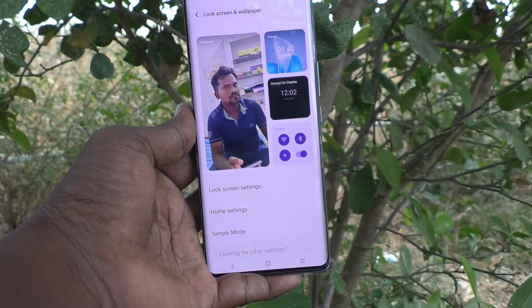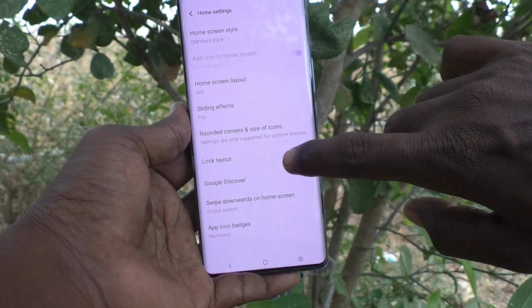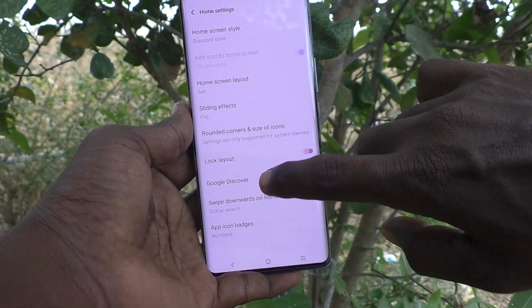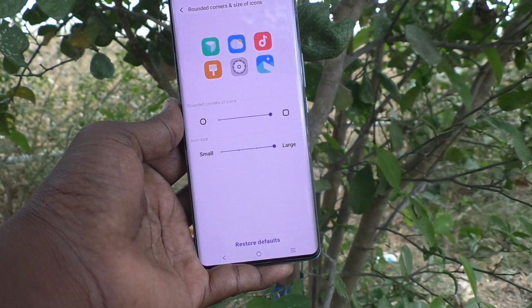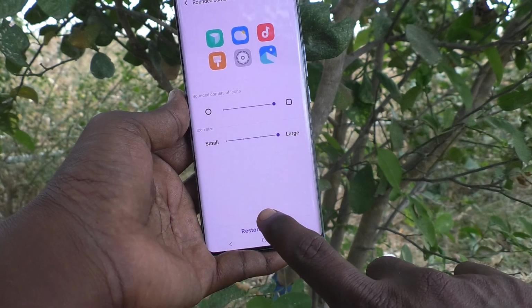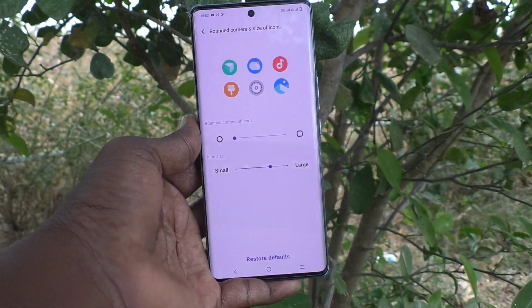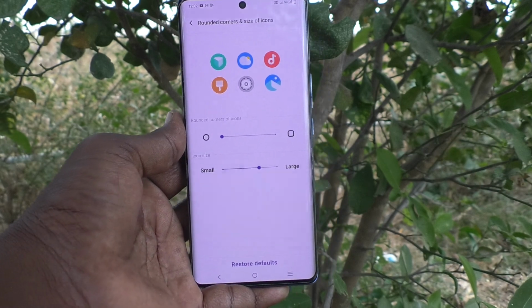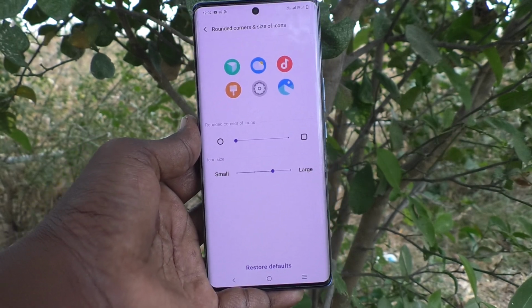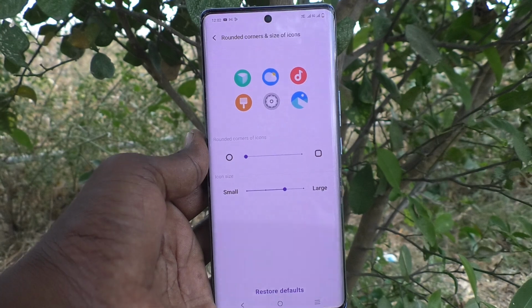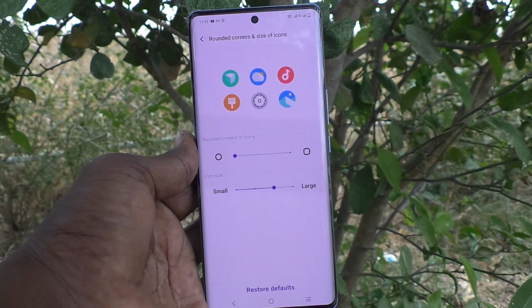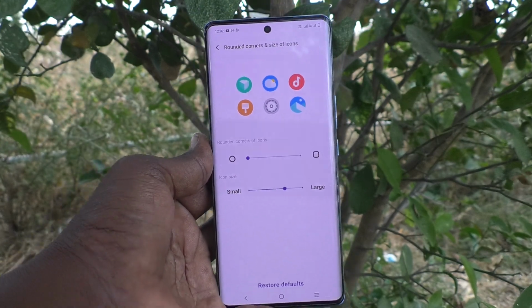Again I go to settings, lock screen and wallpaper, click on home settings and click on rounded corners and size of icons, and here I click on restore defaults. So default settings for rounded corners and size of icons applied. Okay, so in this way you can easily change rounded corners and size of icons in your phone Vivo